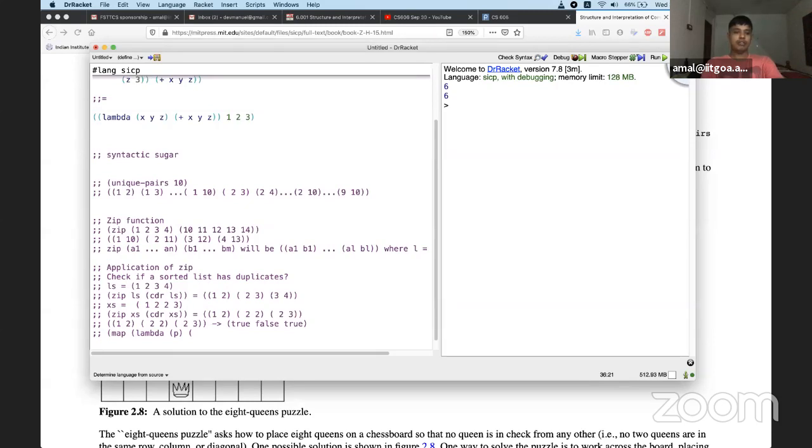I'm checking if the first and second elements of p are the same. I'm applying this function to